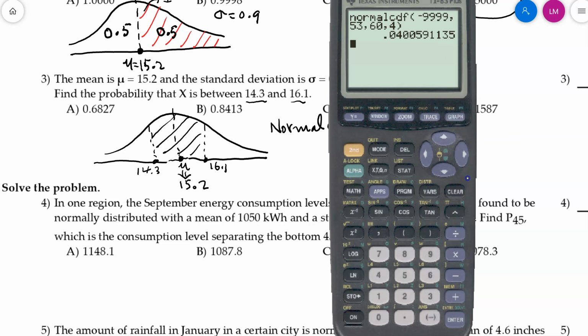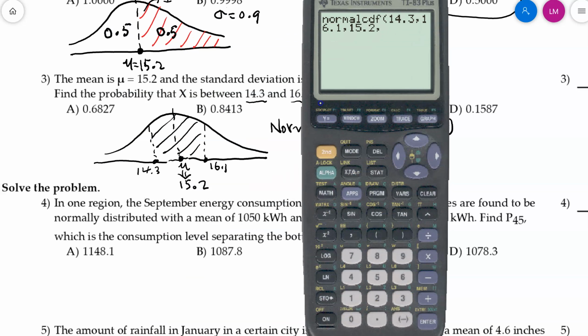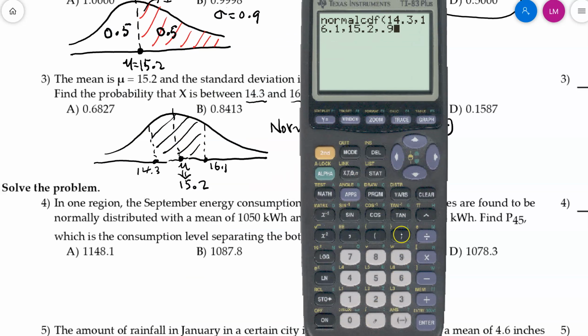So clear, second vars, number 2, and then first one is 14.3, comma, and then 16.1, comma, 15.2, the mu, and the last one is what? Standard deviation is 0.9, right? So 0.9. Okay. If you enter, you get